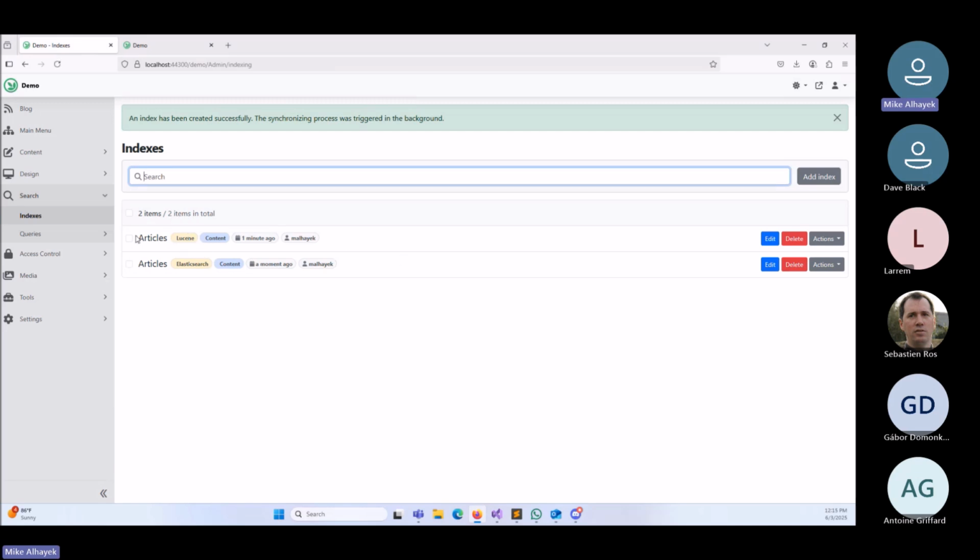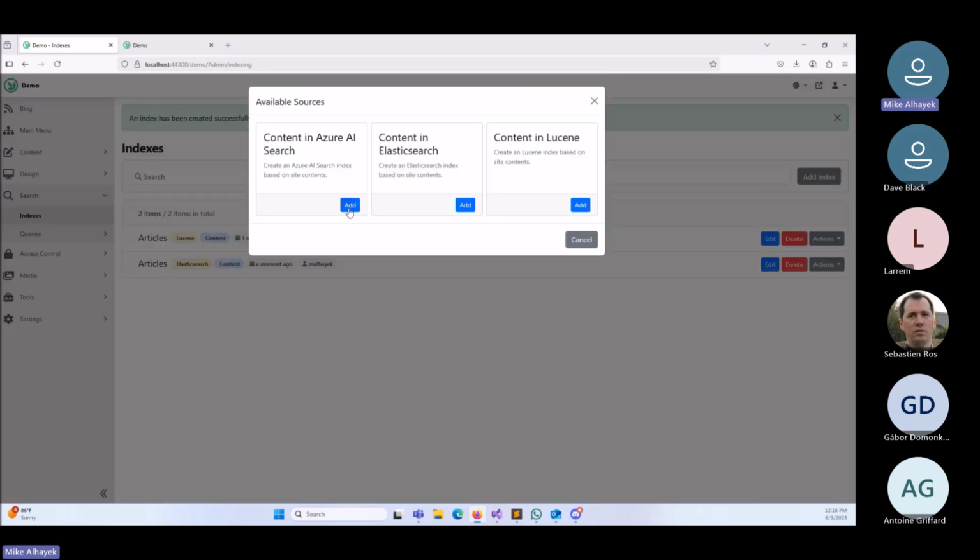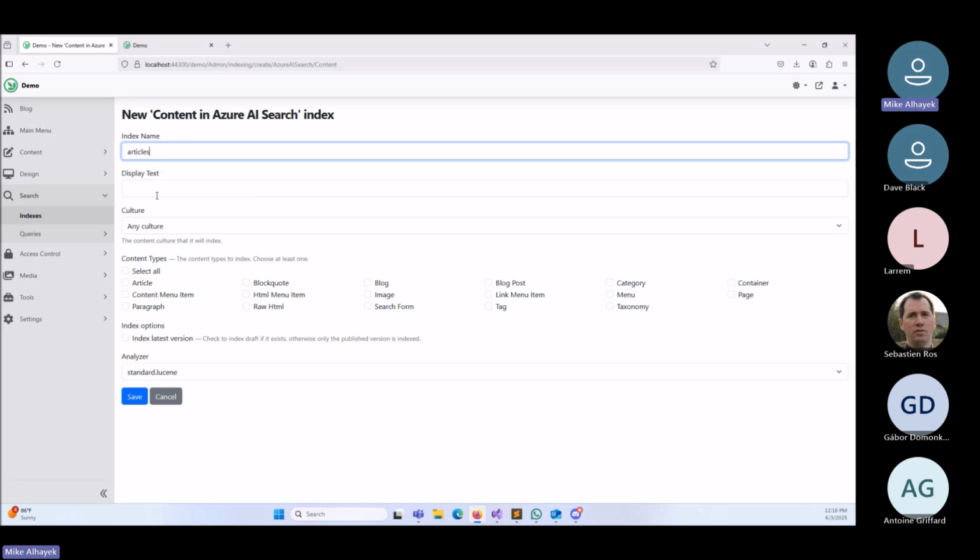As you can see here, you'll see the display name of the index, and you also see the provider. You can't create the same index for the same provider twice. So articles is taken by Elastic. If I try to create another one, it will not let me. But if I want to create an articles index for Lucene or a different index, it should work. So the name of the index is unique to the provider. And similarly, you can also do the same thing for